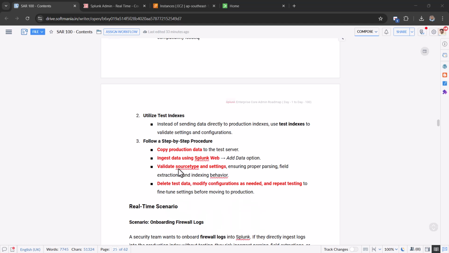Because that is a running one, you don't want any trials happening in production. So validate all your source type settings: proper parsing and field extraction, and whether all the retention policies are working properly or not. So basically everything you want to test for the data onboarding for any particular data source,